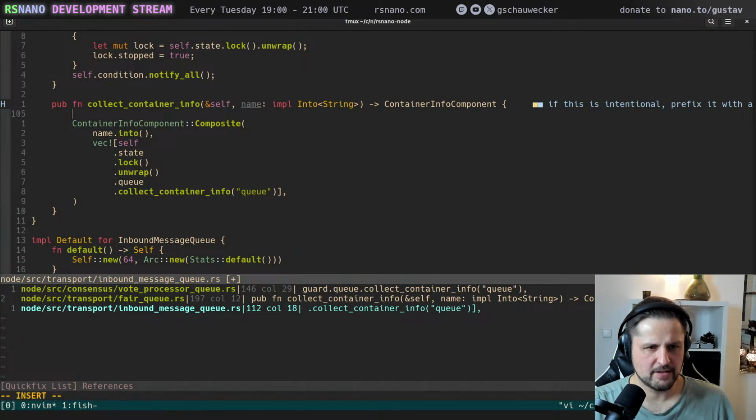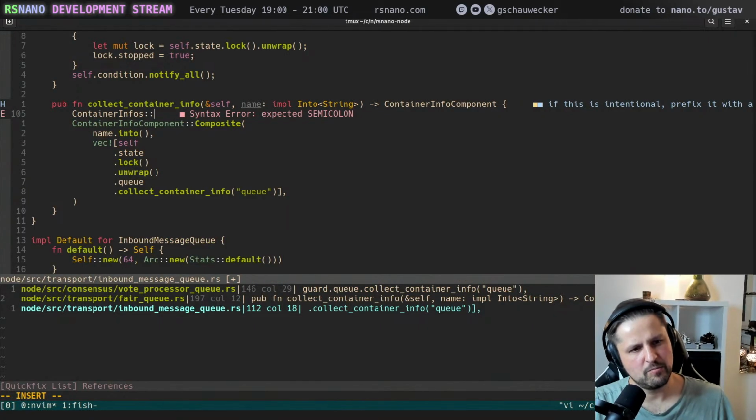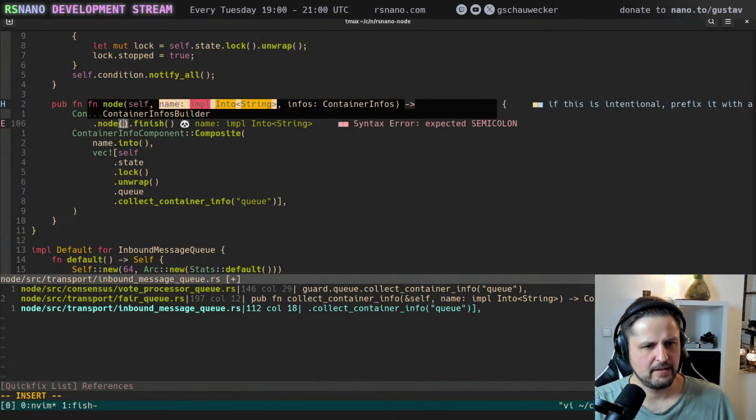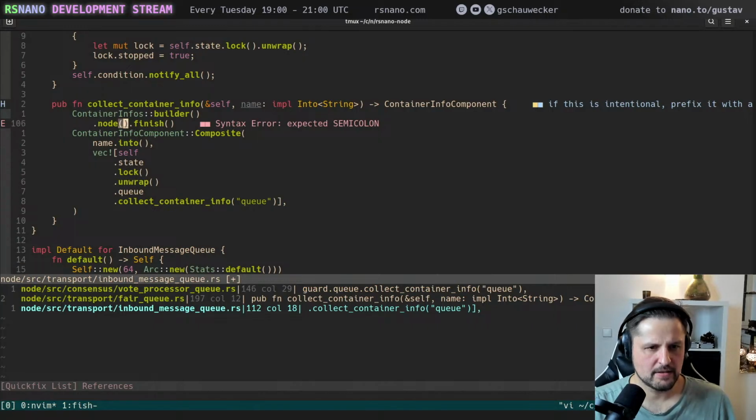Yeah, so that means we have to say container infos builder. And we have to say node. And the name is queue. And the node is this.